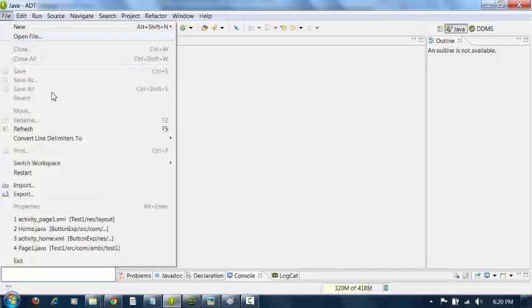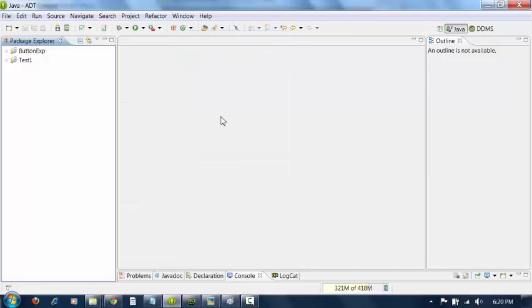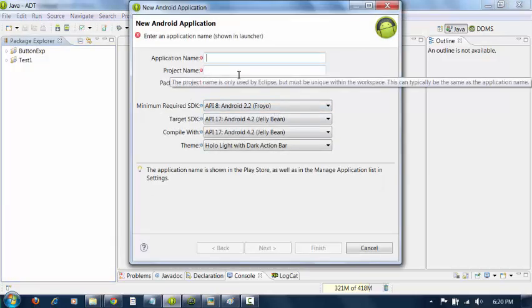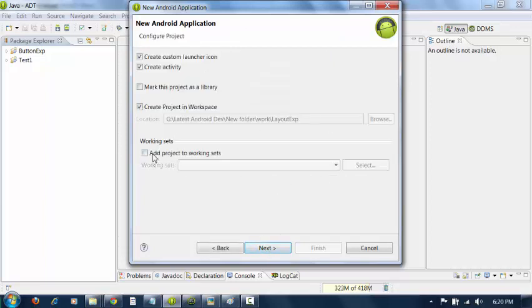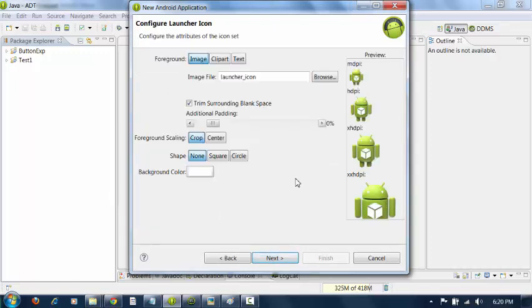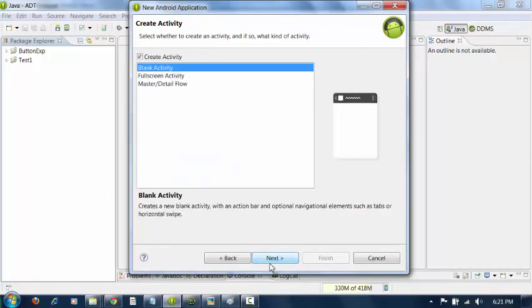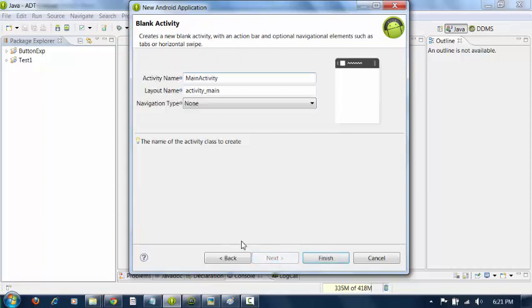create one new application. I'll give the name as layout example. Use the default icon, select blank activity.